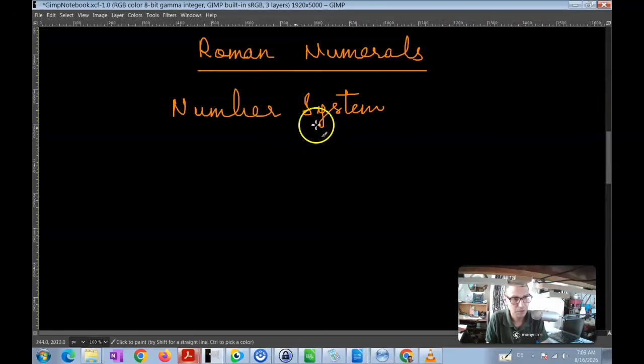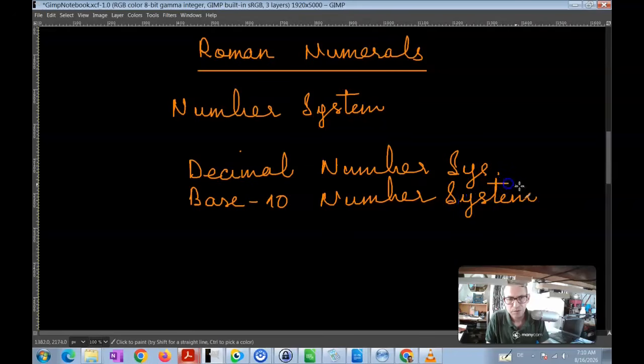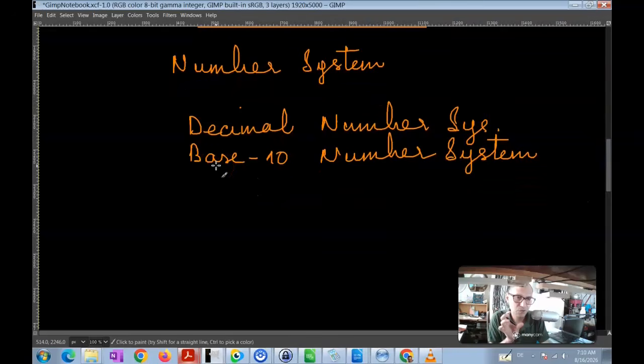For example, in the decimal number system, which is a base 10 number system, we have all of these different digits that can be used, and that is 0, 1, 2, 3, 4, 5, 6, 7, 8, 9,